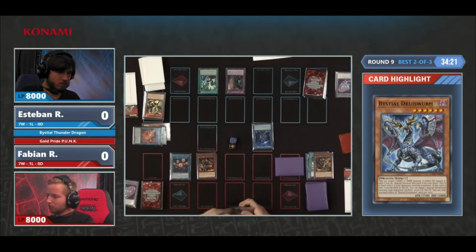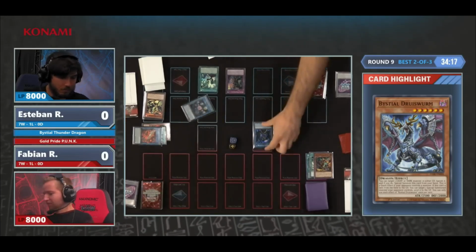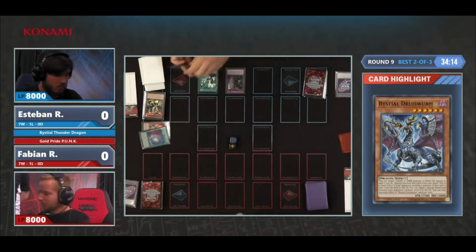We'll see. We will see. Fortunately, we have judges on hand. Yeah, and they're very good ones. Oh, and that is going to be a scoop by Fabian. Wow. I think Esteban...